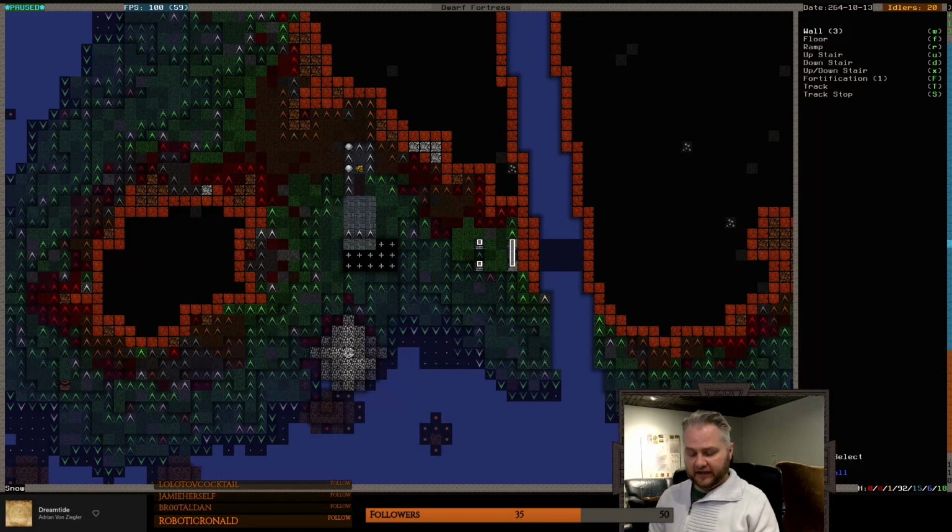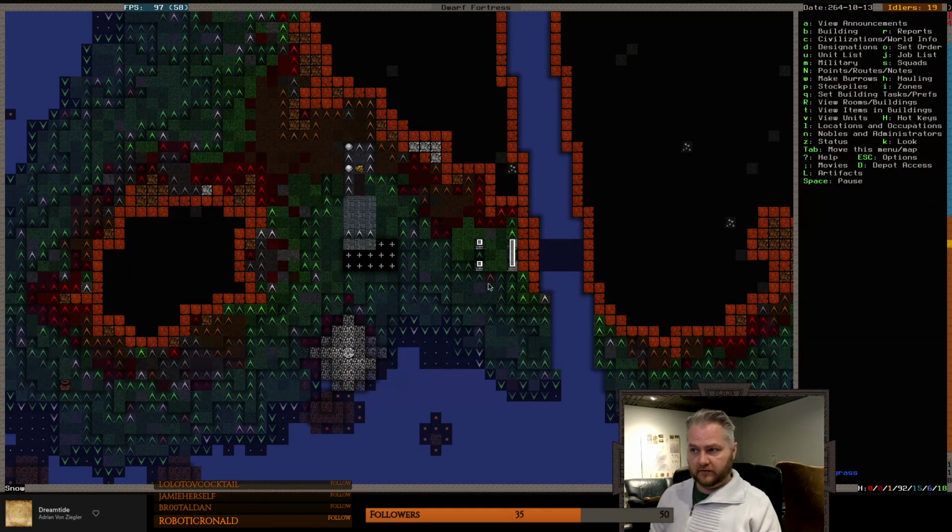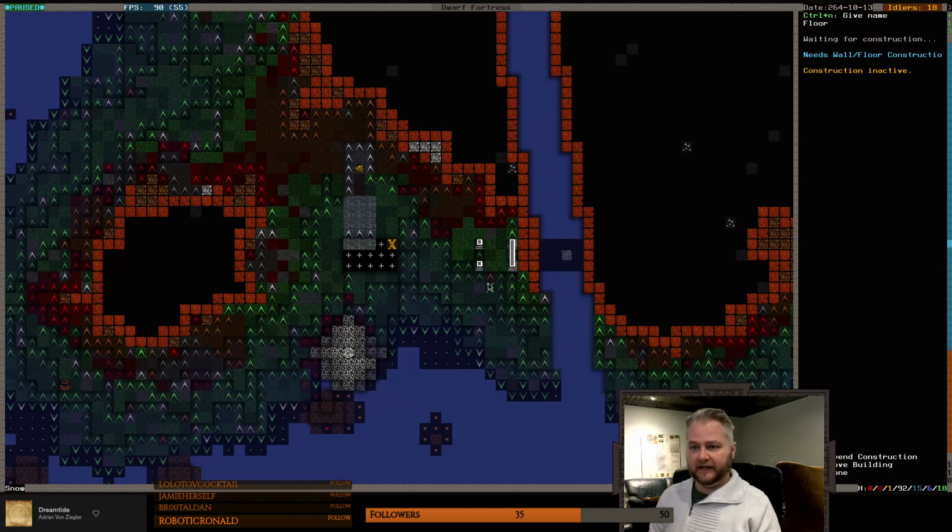All right, so now once that's built, we can build... actually, no, I don't want to do that just yet, because I may have to go up a couple different levels. So I think I don't want to do that quite like that. I want to do it, say, here, and then we'll build these. That'll be a ramp, and then a